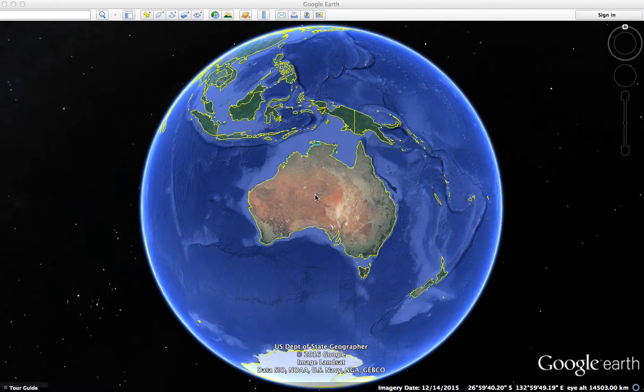This tutorial has been created to support teachers in their use of Google Earth in a Stage 3 science unit of work titled Desert Survivors. Google Earth is used in the second part of the first lesson as a tool to engage students and deepen